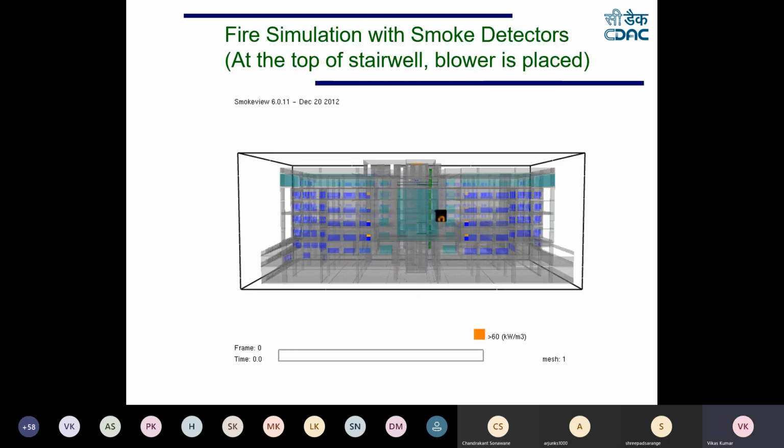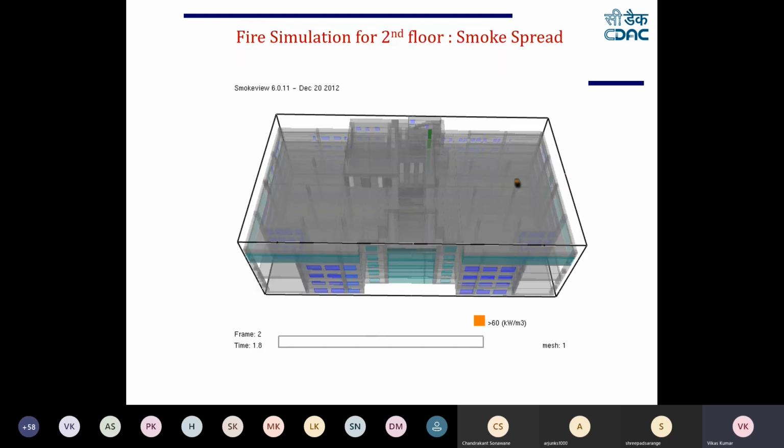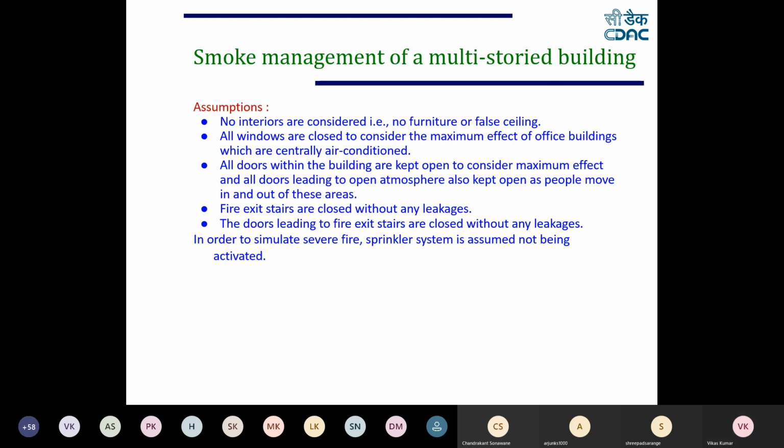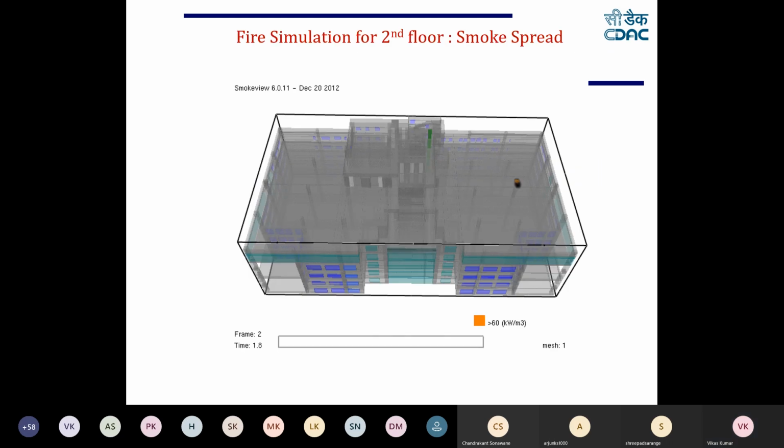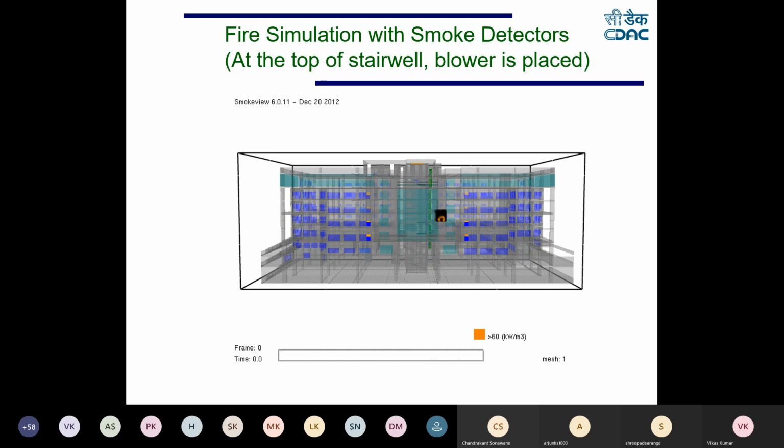I think some of the slides are not getting displayed properly. Actually, before that there is a slide which shows how the fire is spreading, but it is not coming up. I think it is not playing the simulation. Basically, before that, there was a previous slide which shows how the fire